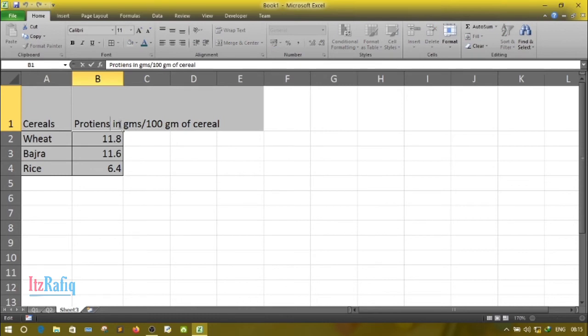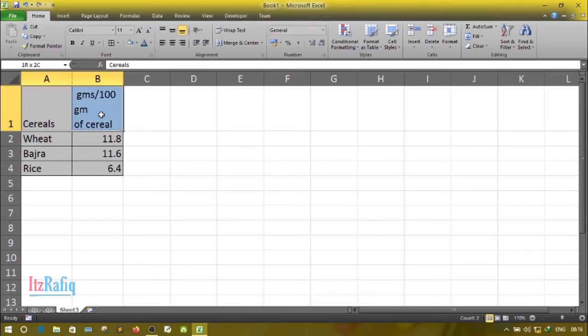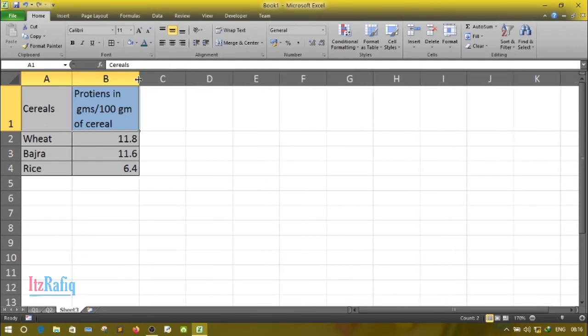Now double click in that protein cell. After protein, press Alt and Enter. After gm, Alt and Enter. Now alignment is center. For that we'll select the first two cells and select center.